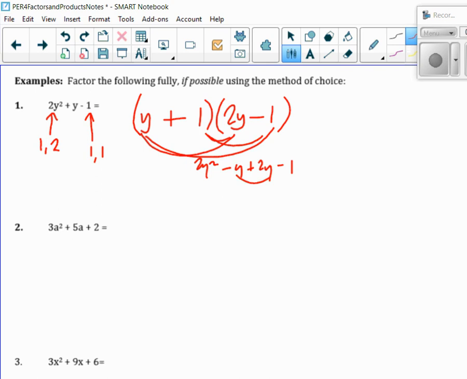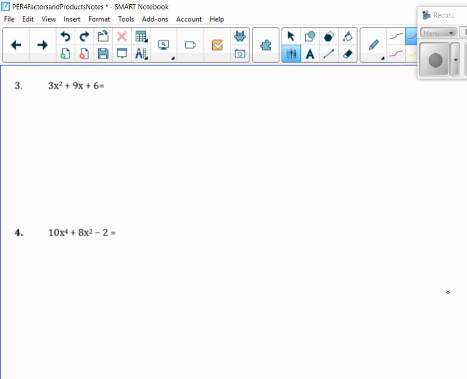Okay. At some point, I do want to practice this, but maybe this is another one. 3 and 2, they're both prime. So it's easy to do guess and check. I'm hoping there's going to be a harder one coming up. Let's see. Yeah, that one might be harder. Okay, so